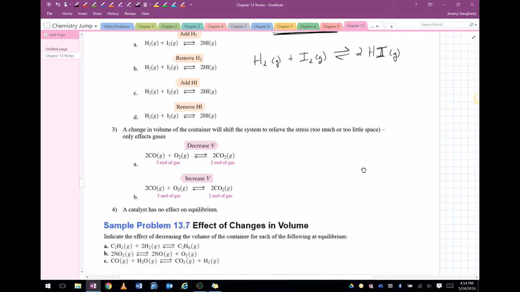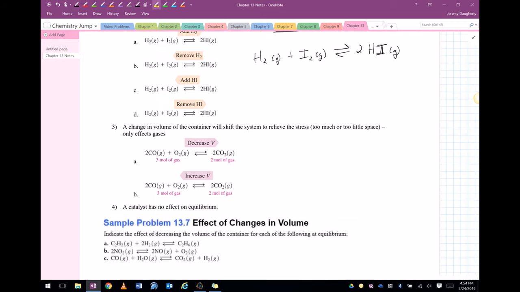All right, so that's concentration. Let's talk about a change in the volume of the container. So in this case, I've got some container, right? So here's some container, and inside that container, I have this movable piston. So this piston can move up and down, and that essentially changes the size of the container. Right? Now, a change in the volume of the container only affects